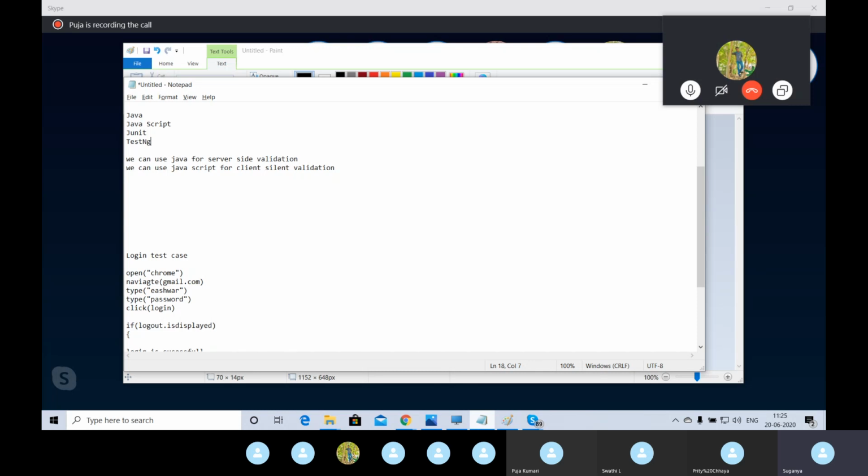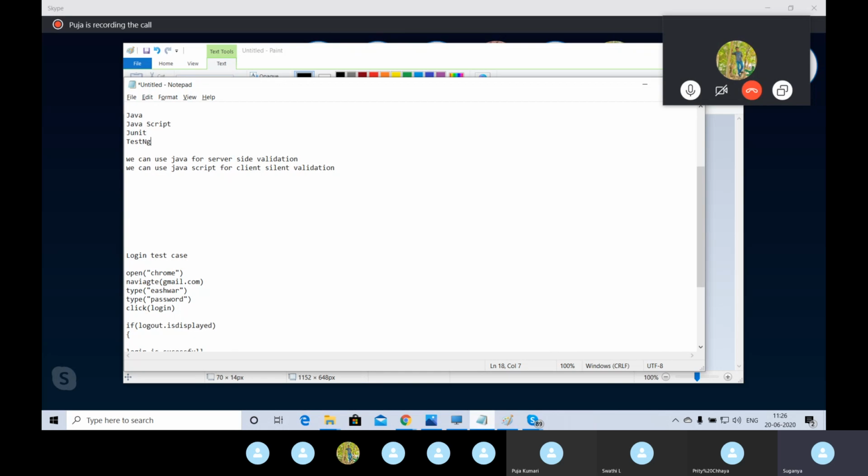For both Ishwar and Pooja, the Java program is going to be the same. Whatever Java Ishwar is studying, the same Pooja is going to study. You got it? But Ishwar is going to use the Java program for development purposes. Pooja is going to use the Java program for testing purposes. Correct? So the difference between them is that Ishwar will develop a Java program in one template and Pooja will develop a Java program in another template. Both will not use the same template.